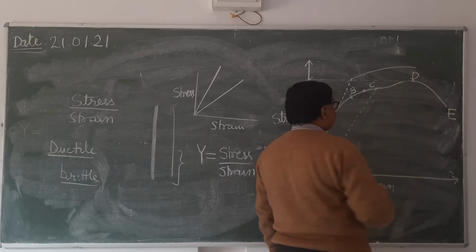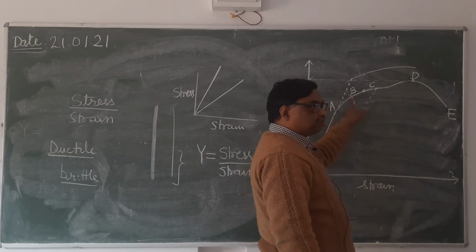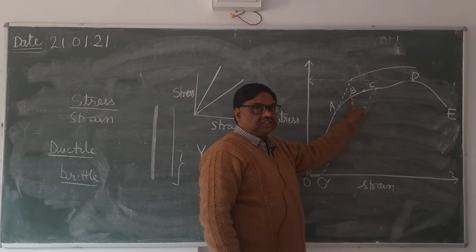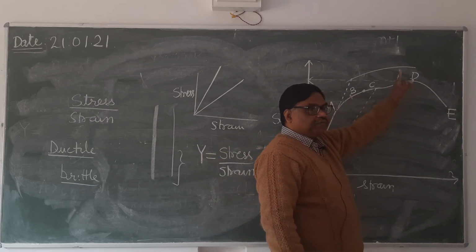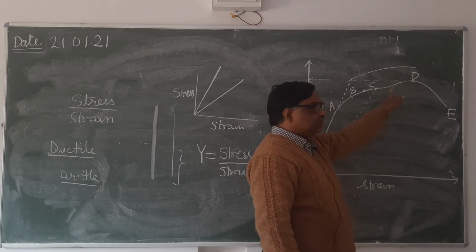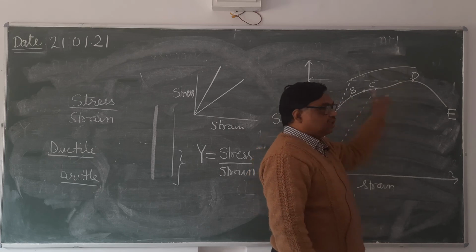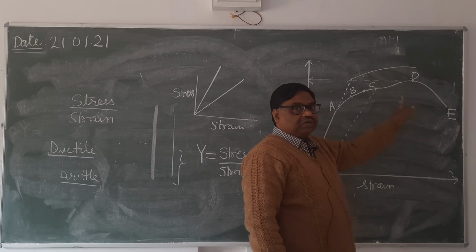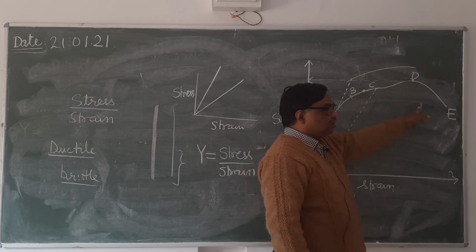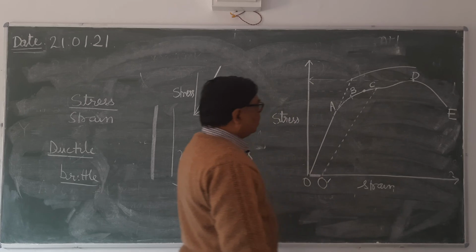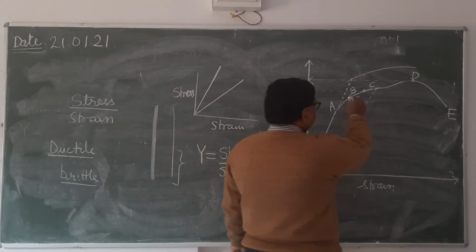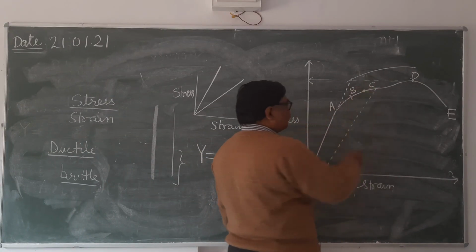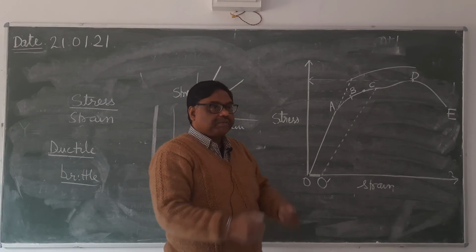Means what will happen? This point B, up to which the elasticity exists, and this point D, which is the point of maximum stress, the breaking stress, will be far apart. उनकी डिस्टेंस क्या होगी? बहुत अधिक होगी. आए समझे? But in the brittle, B and D will be very close to each other. Means as soon as the elastic limit is achieved, what will happen? Wire will break. रबर बैंड इसी तरीके से है.